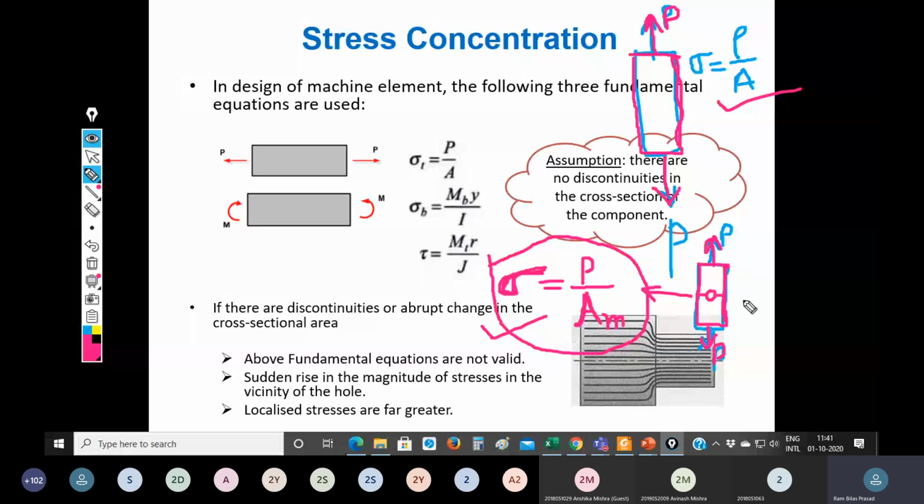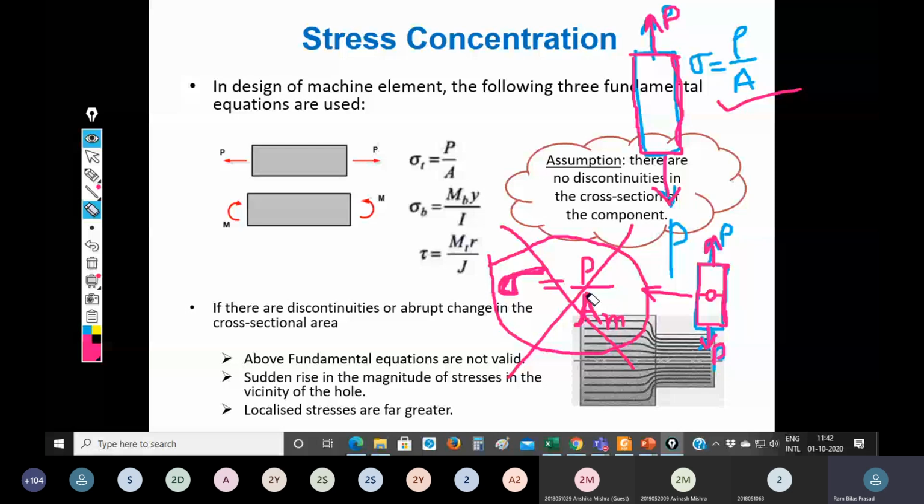So that is how you can think of determining the stress when there are holes or different types of discontinuity. But in reality, this is also not true. We have taken the smallest area for the calculation of stress, and now we think that this calculation is correct, right? But in reality, this is also not true.